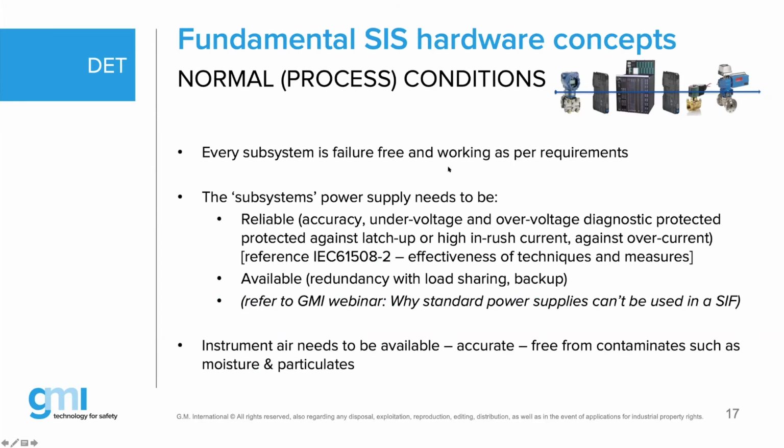Right. Let's first start with normal conditions. That means in normal conditions, everything is working normally. That means the pressure we were trying to measure is inside the working range. So there is no reason to stop or to trip that functionality. And the system means the complete system, as you see here, the picture on the